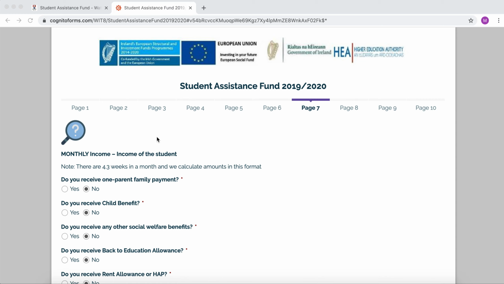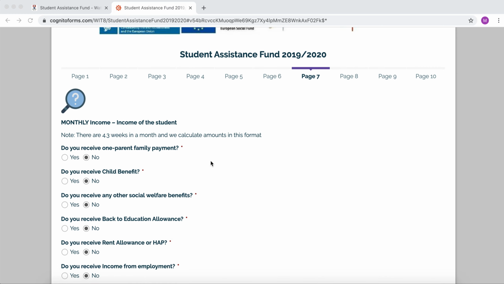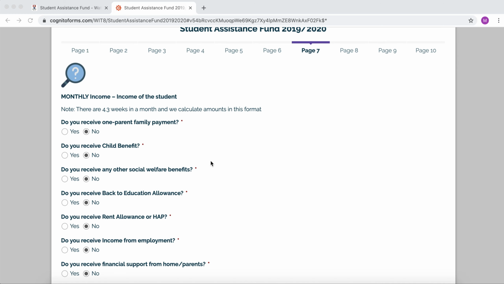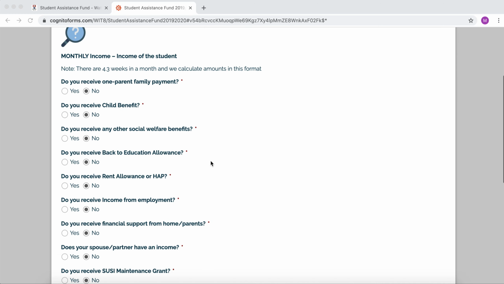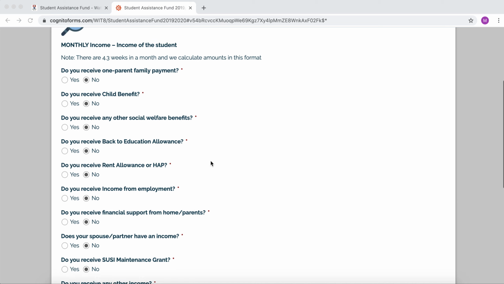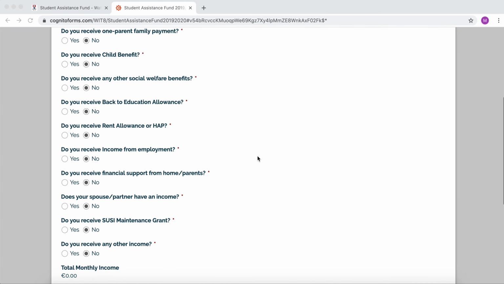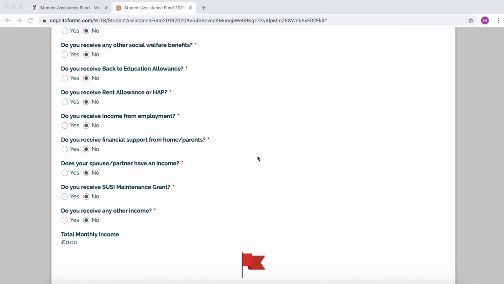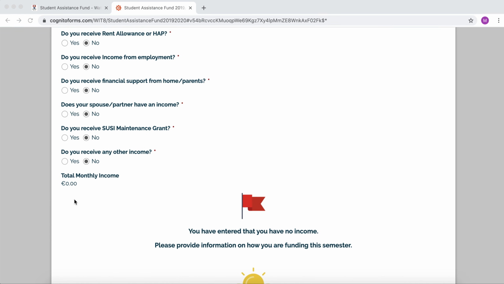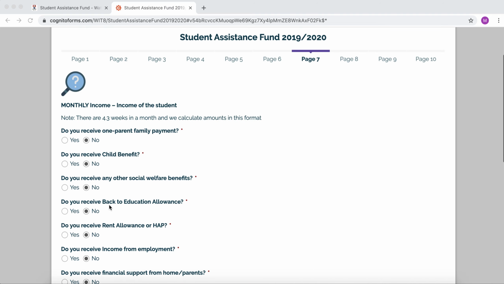So to move through the form, you would go through this and see, do you receive any of these payments or incomes or any social welfare assistance? So you'd answer yes or no to those. Now, for the purpose of just showing you the form, I've answered no here. And the form generates my total monthly income, as can be seen here. Now mine is showing a 0 because I have clicked no to everything. However, if I click yes,